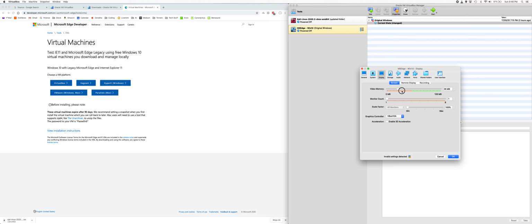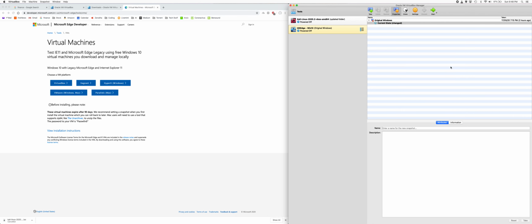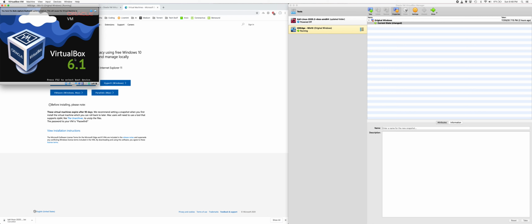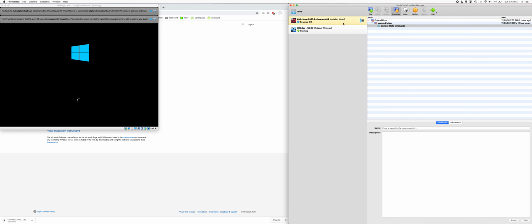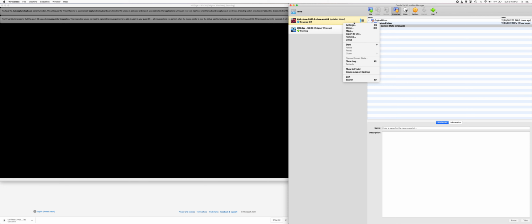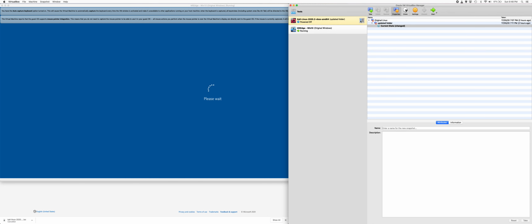Don't do it in this place, do it above here. Okay, that is the display you need to give, and then you click start. That's it, and Windows will start. Okay, now there is one more thing called, what is it called? Snapshot. Yeah, I'll show you snapshot.